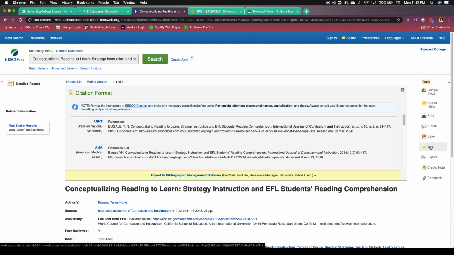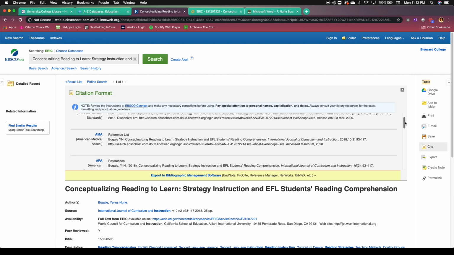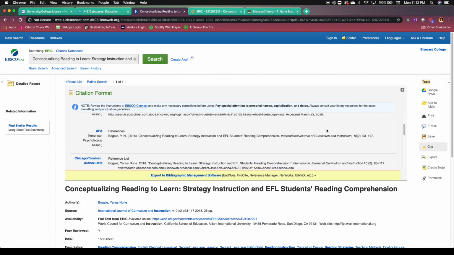You can simply click on the Cite button and scroll down this box here until you see the APA citation right here. Now, as you can see, the one thing that is missing from this APA citation is the retrieved from, which is showing where we found this information. So that's one thing you're going to want to do: when you generate the citation in the databases, you want to make sure that you're looking closely at the information that's inside of the citation to verify that it is formatted correctly. So I'm going to copy this over,